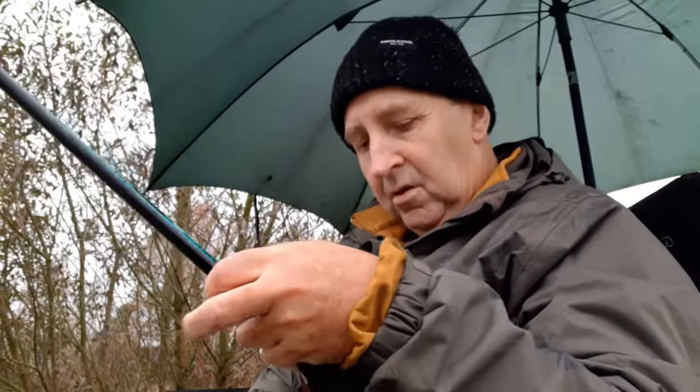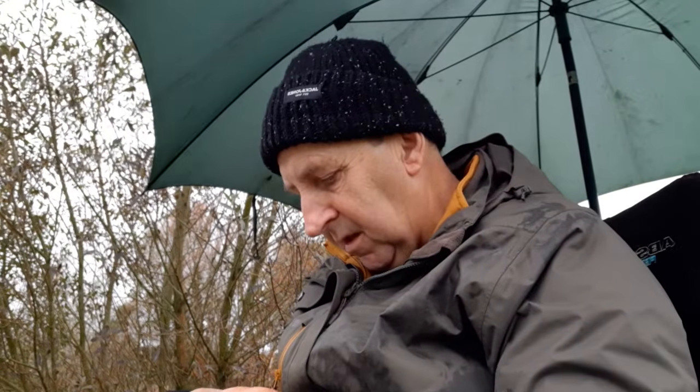I did have a size 16 hook on. I've only got about 6lb line on, guys, so there's no need to go massive here. But what I have got on is a small matrix bomb, and my hook now, which I got out quite easily, but one part of it was one of those stops on the end. That's become attached, but I'm going to try it just now with a couple of pieces of meat on this,